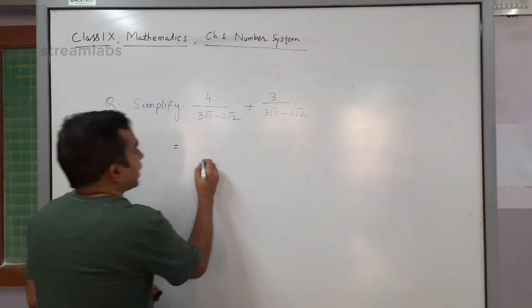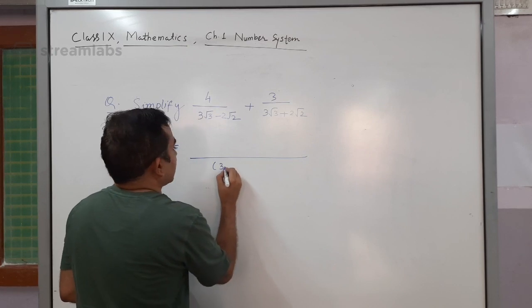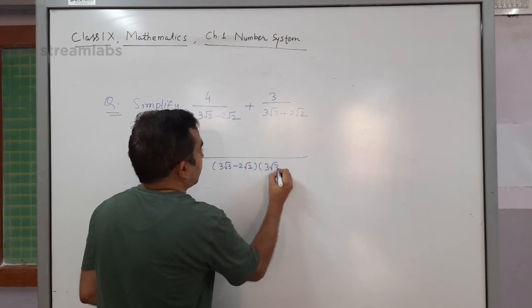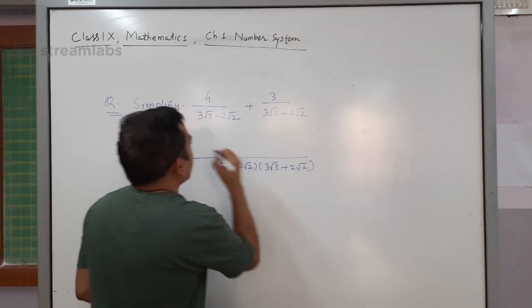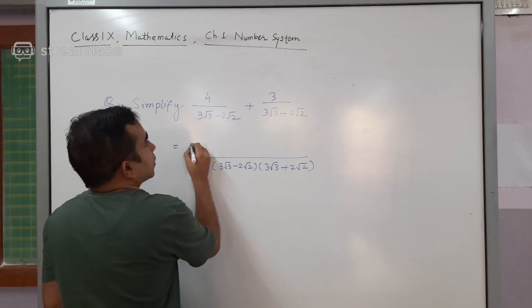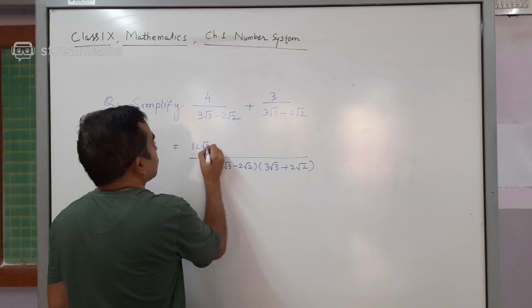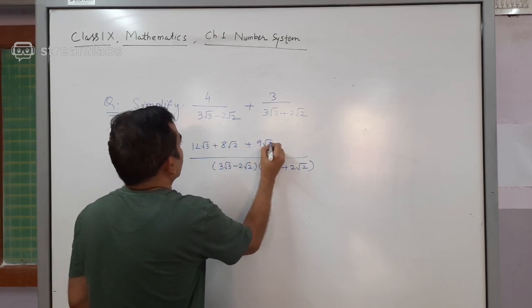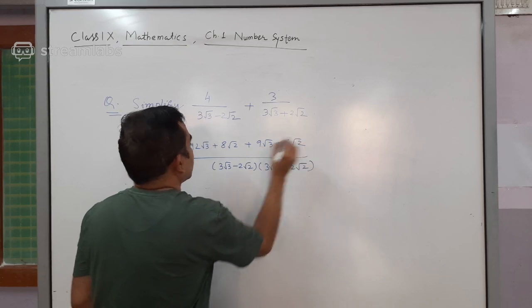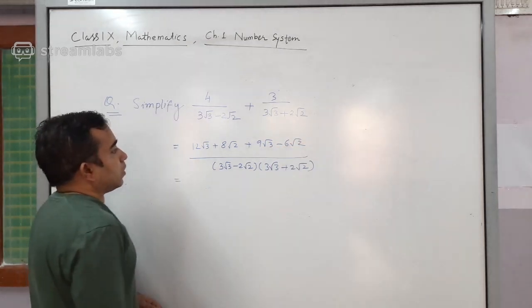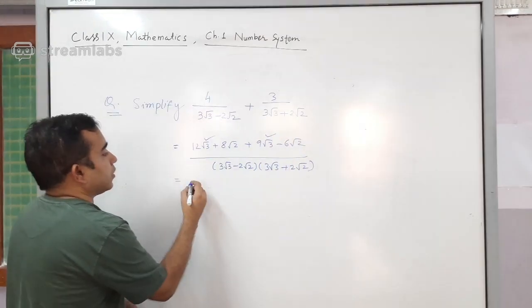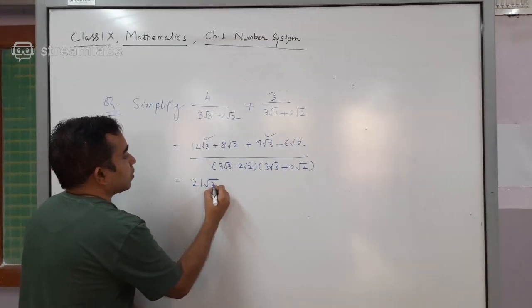I'm just going to take the LCM, right? It will become 3 root 3 minus 2 root 2. I'm writing fully 3 root 3 plus 2 root 2. And if you multiply, it will become 4 3s are 12, 12 root 3 plus 8 root 2 plus 3 3s are 9 root 3 minus 6 root 2, isn't it? And if you simplify like terms together, root 3, 12 plus 9, 21 root 3,